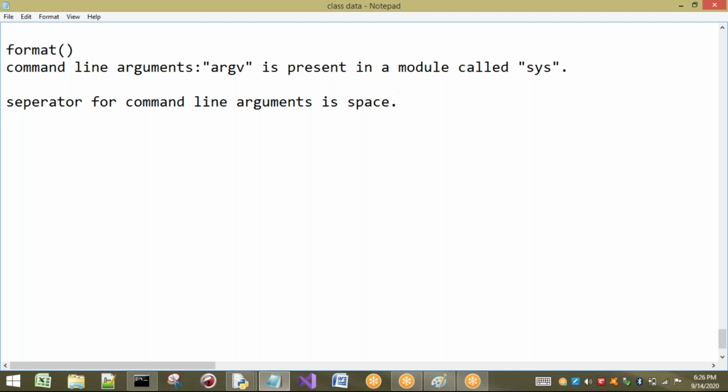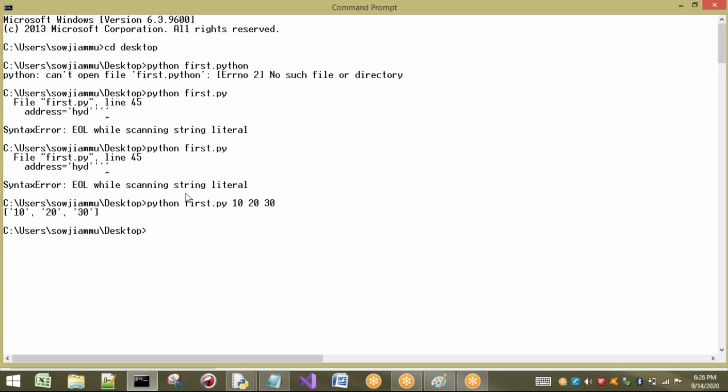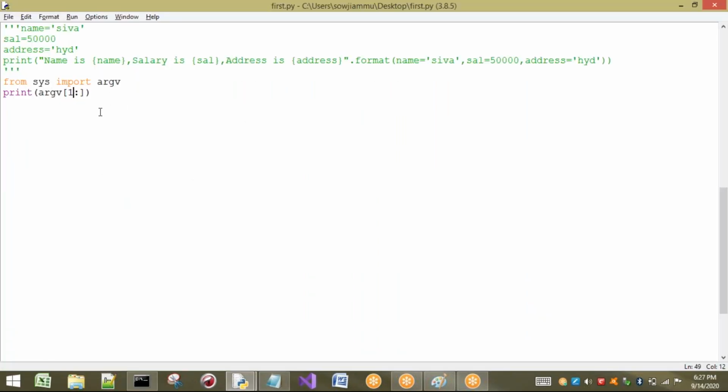By default, all command line arguments are string type. This is the second point.